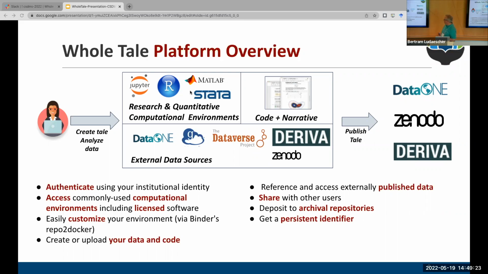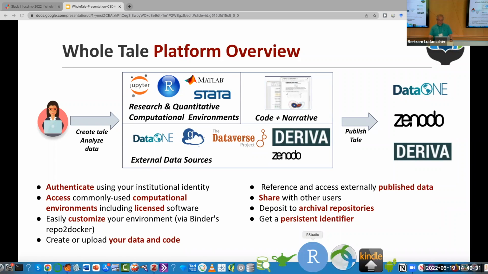Okay, did I forget anything here? So here are the steps. You authenticate, you create your Tale. Often you customize your Tale environment, for example, via Repo2Docker. We'll do some of that. And then you create or upload code and data, and then you share the Tales with other users. And you can then optionally register